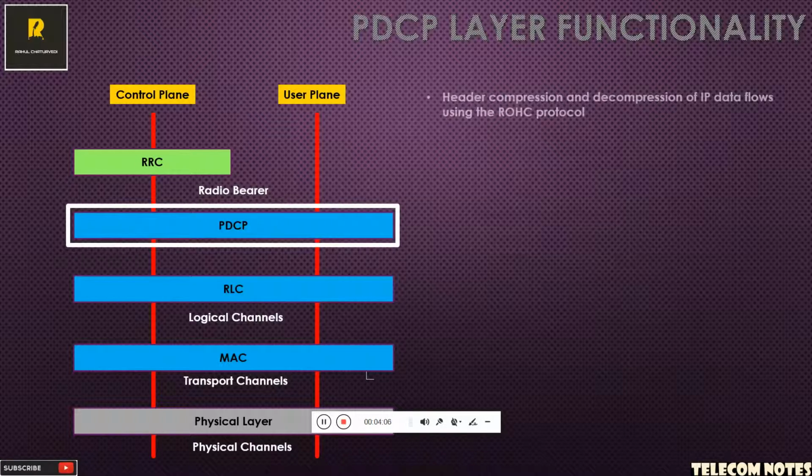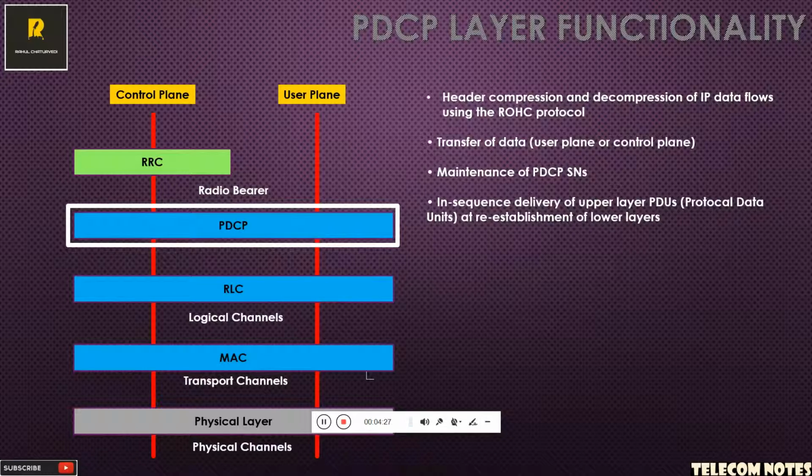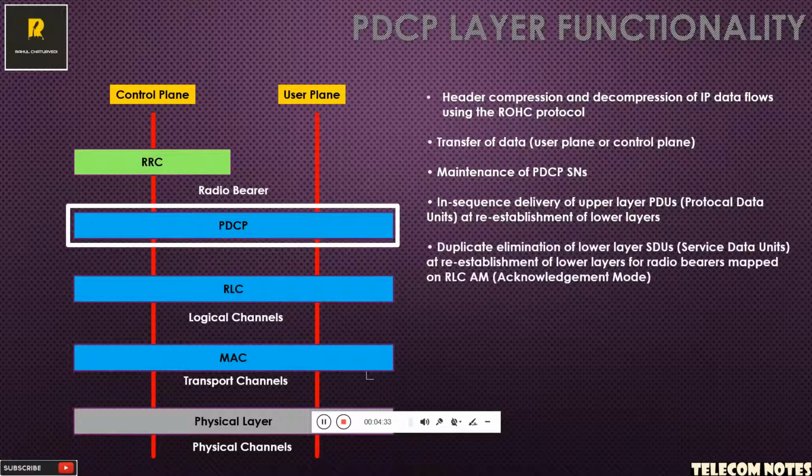Coming to the PDCP layer now: header compression and decompression of IP data flows using the ROHC, robust header compression protocol, transfer of data, that is of user plane and control plane, maintenance of PDCP sequence numbers, in-sequence delivery of upper layer PDUs, protocol data units, at re-establishment of lower layer, duplicate elimination of lower layer SDUs, that is service data units, at re-establishment of lower layer for radio bearers mapped on RLC acknowledged mode,